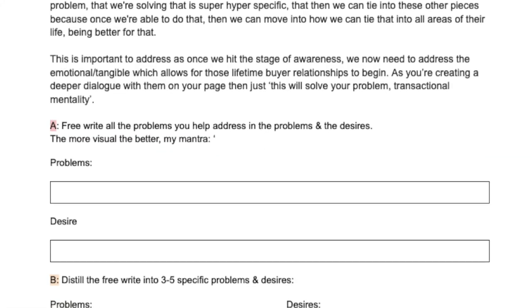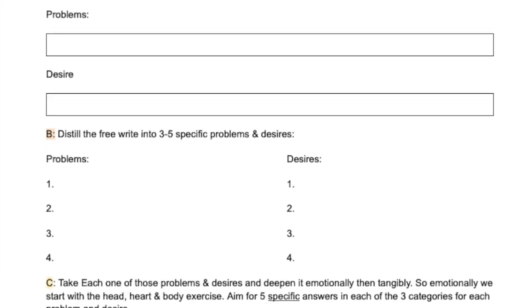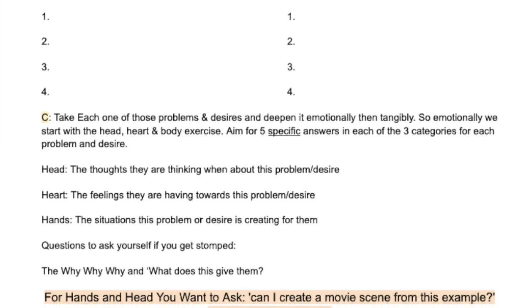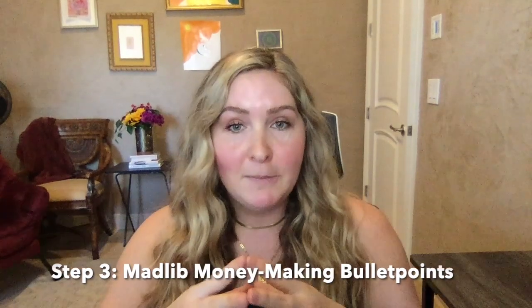So again, write out all those pieces of how it affects their life. Get super specific. I do this in the actual program where I give you 3 levels of why, how to put yourself through that layer of true specific copy, that movie scene level specific copy where you can see it in your mind's eye. And then from there, we Mad Lib approach it if you're going to use that part,